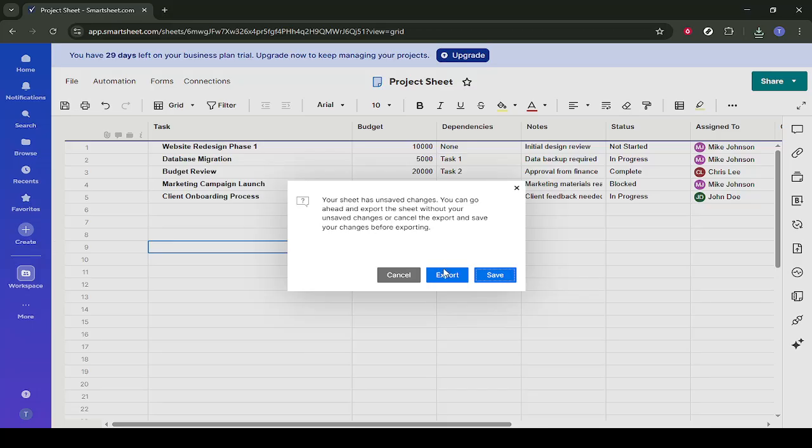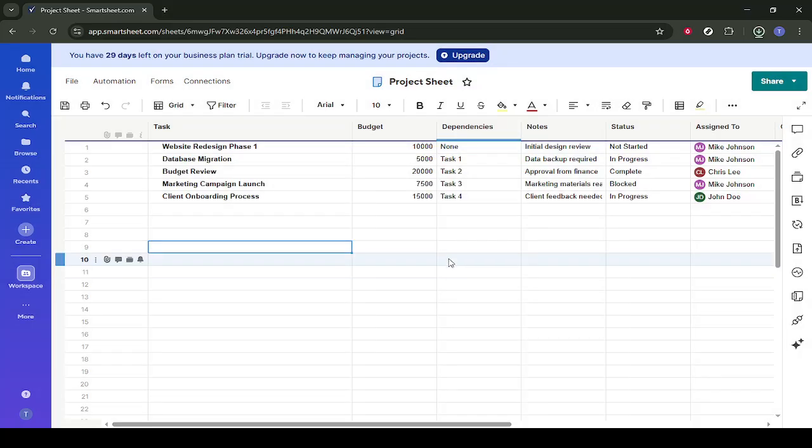At this point, Smartsheet prepares a copy of your sheet as an Excel file. Depending on the size of your sheet and your internet connection, this may take a moment, so don't worry if it doesn't happen instantly. Next, you'll see a prompt or a small window that confirms the export action and may